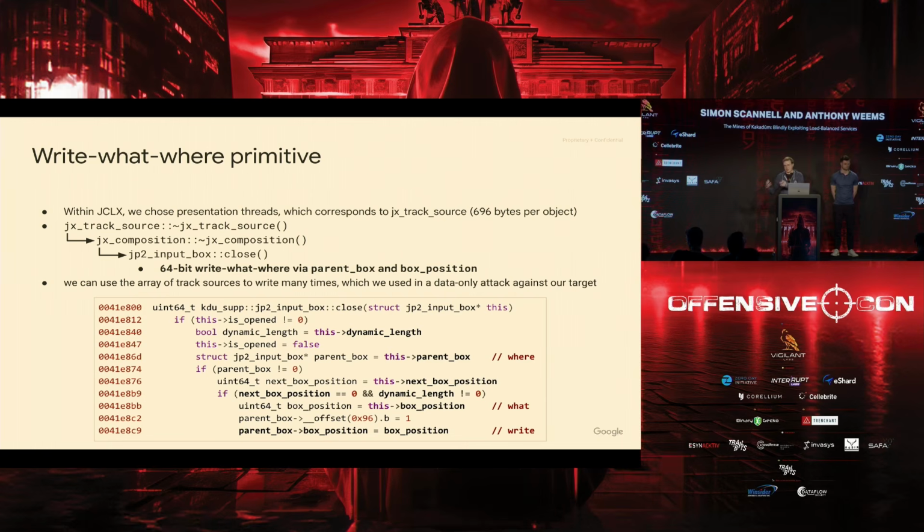And the box position is this 64-bit int that we control. Parent box is a pointer that we control. So if we get to the destructor of this method, then we can write arbitrary data to an arbitrary address. Also, because it's a huge array, and we can overwrite quite a bit of data on the heap, we can do this multiple times. So we can set up multiple 64-bit writes, and that's ultimately what we used for a data-only attack against our target service.